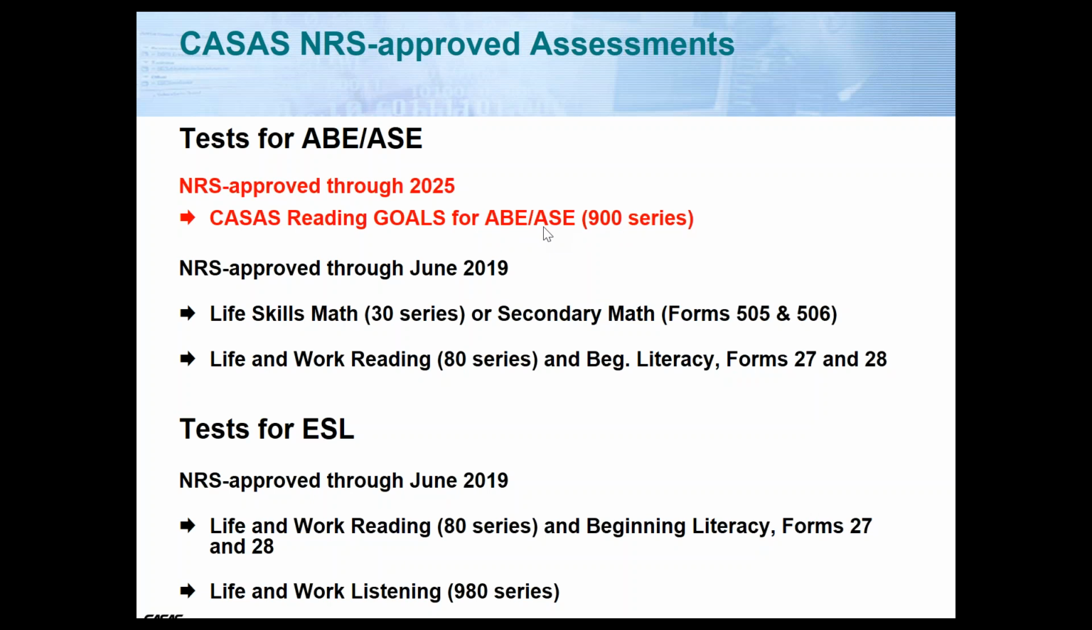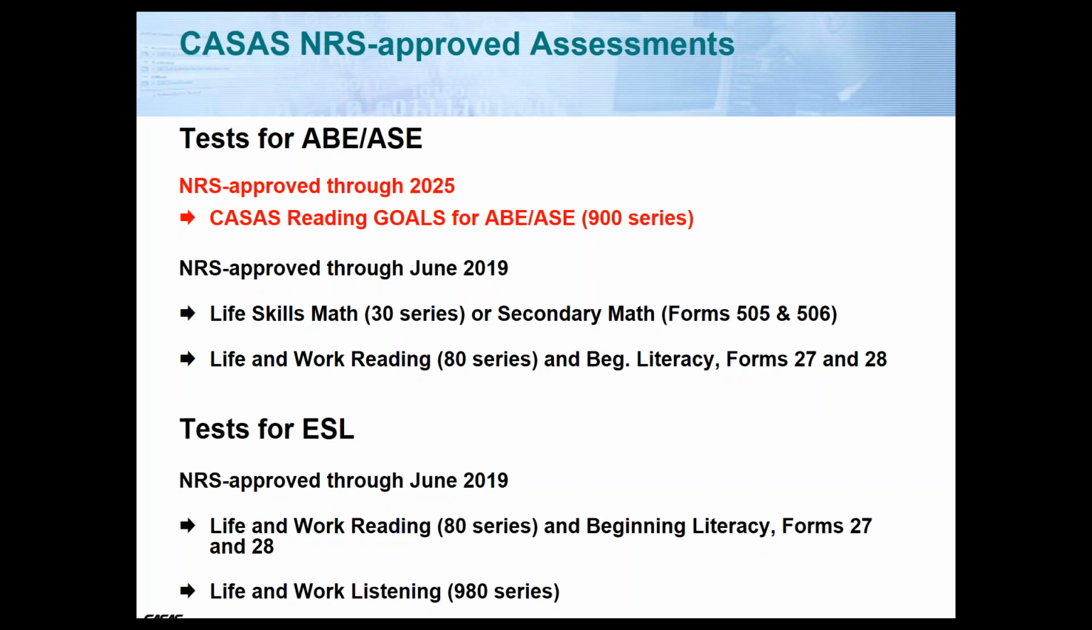So right now you could start using them for your ABE and ASE students. The reason that, as I said earlier, we have the same series for ABE and ASE, but currently we're in a transition period where, because the NRS educational functioning level descriptors came out first for ABE and ASE, as well as the college and career readiness standards, we were able to develop this new series aligned to the college and career readiness standards for ABE,